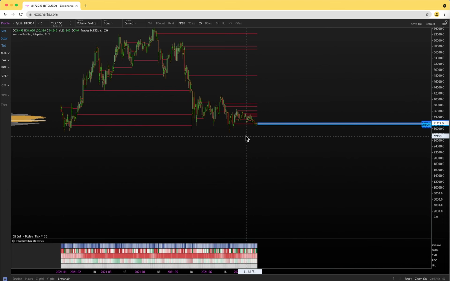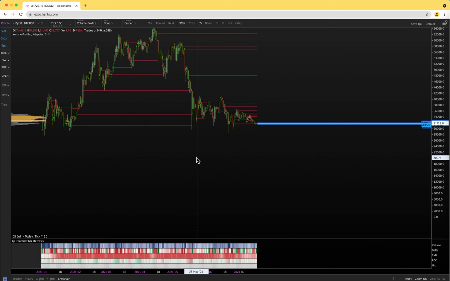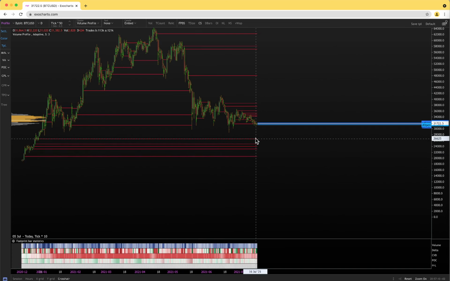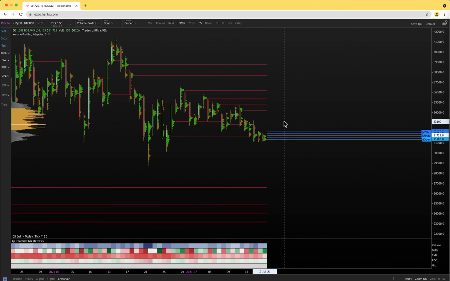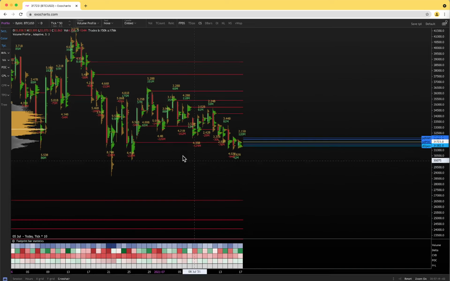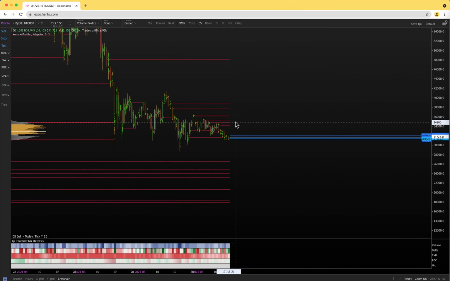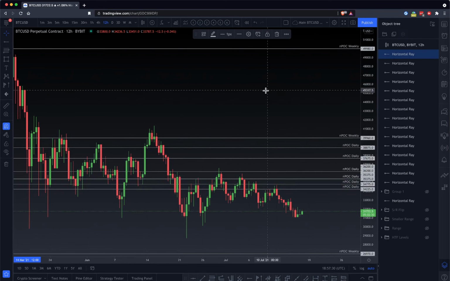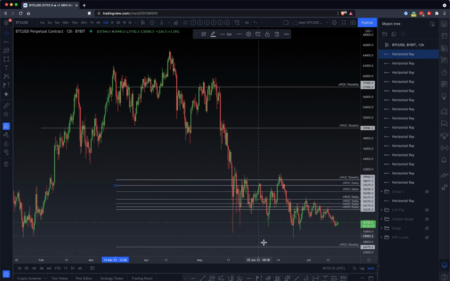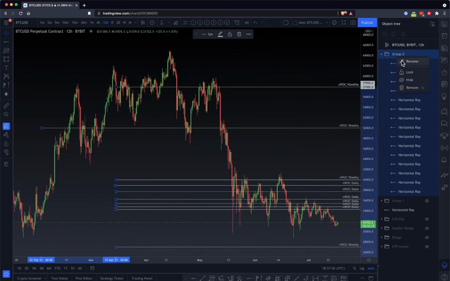It's a bit slow. It's around the weekly naked point of control. Okay, so as long as we stay in this big range, all of these levels are tradable if you have enough confluences with other things. That's why I'm marking out all of these levels, and it seems like a lot, but you see all of these levels even here are kind of respected. So yeah, I will mark all of them,